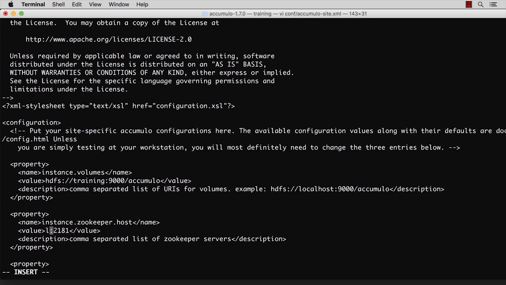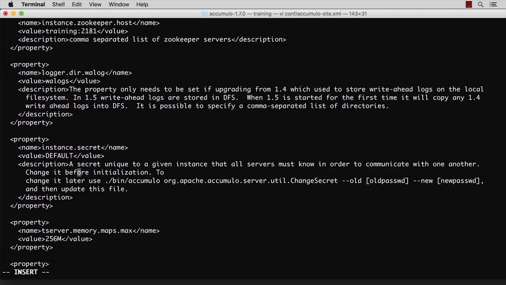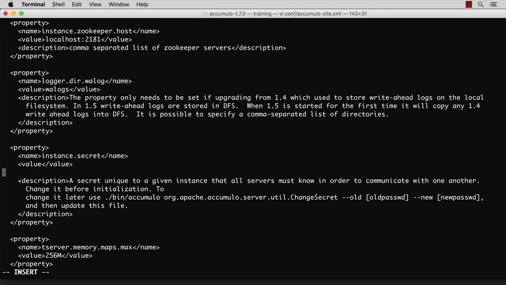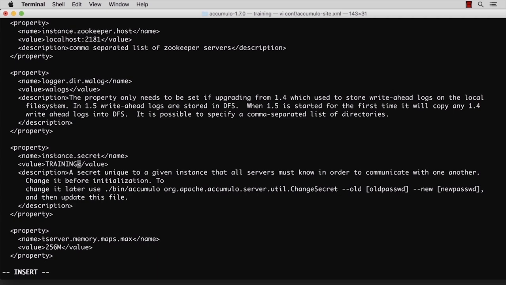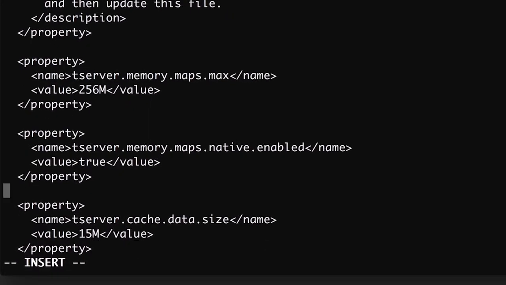Instance.zookeeper.host should be set to a comma-separated list of Zookeeper server hostname and port numbers. Also, in production, we'll want to change the instance.secret setting to something else. Other common values to set in here are tserver memory maps max, which is used to increase the amount of